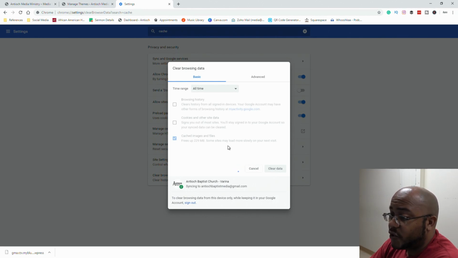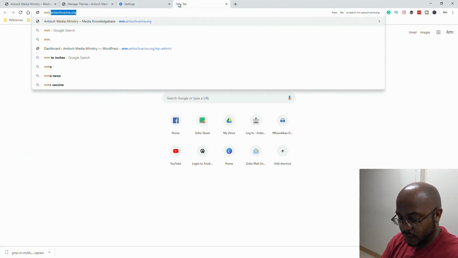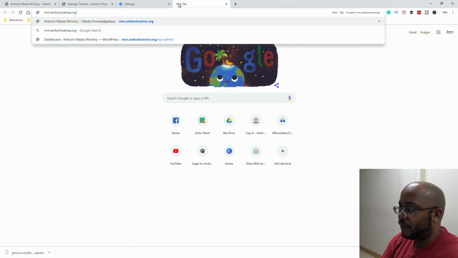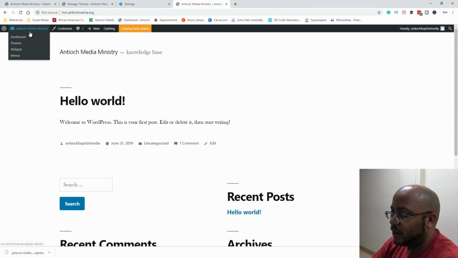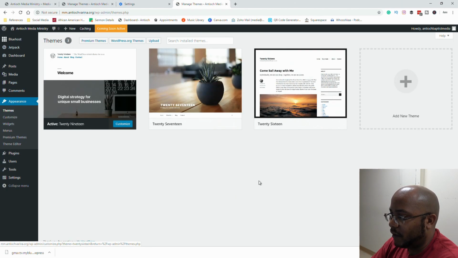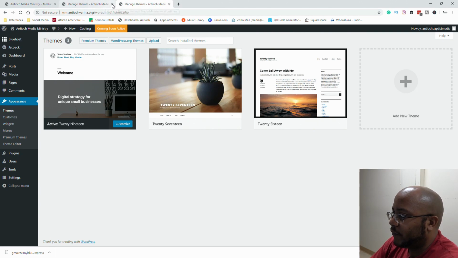clear out our cache. So we can make sure we're actually getting the real site. Okay, yeah, it was the cache because this is correct. There is nothing here. If we go to themes, yeah, cool. So now that the cache has been cleared out, what we're going to do is plugins,